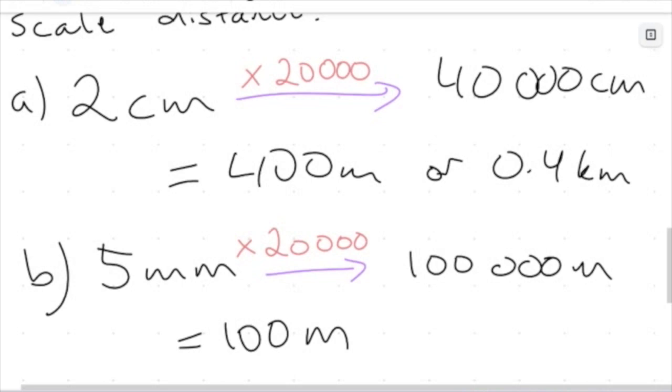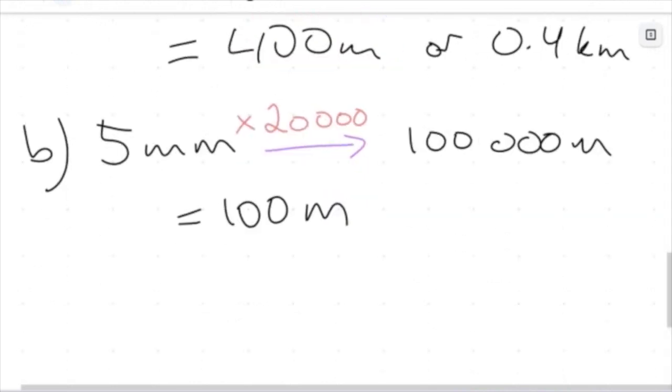Now, we've gone one way here. Let's start looking the other way. So let's look at converting the actual distance to a scaled distance. So we've gone one way, we're looking at the other way now. So I have a model boat, and it has a scale